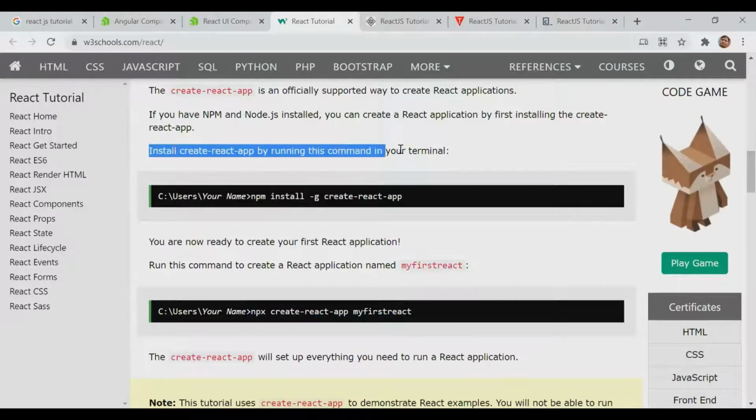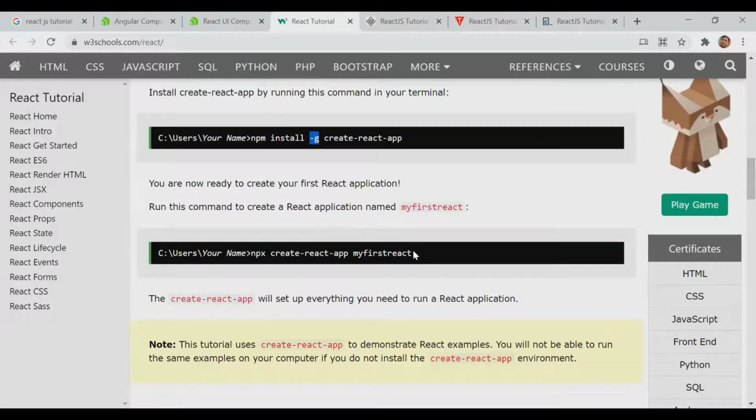So first they are saying that we need to run this command, which will install the command create-react-app. First we are installing the create-react-app command globally, and then using npx we are using that one. Then we are creating our project.